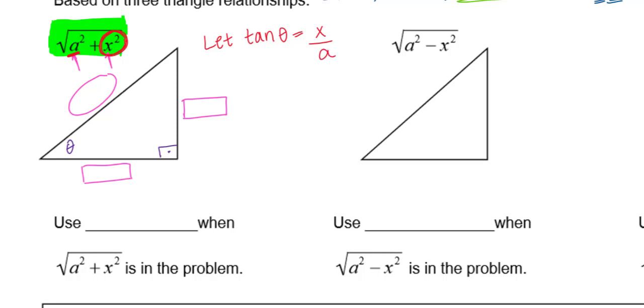So if I look at this, and if I think this is the correct setup, which is going to make my whole problem integrable, then I should end up with that exact square root in my problem. So let's take a look. Tangent of theta is opposite, so this side over here would be opposite, or X, and adjacent will be A.